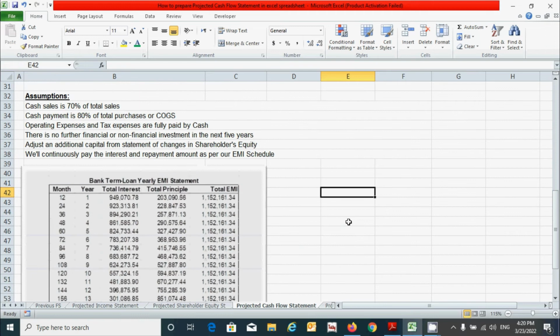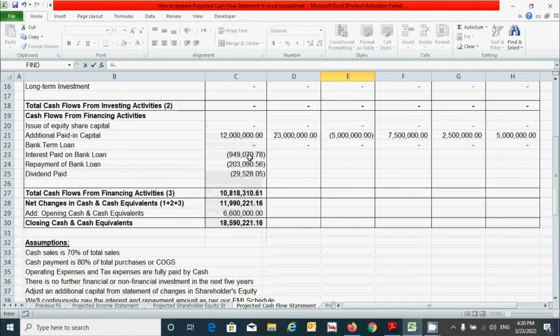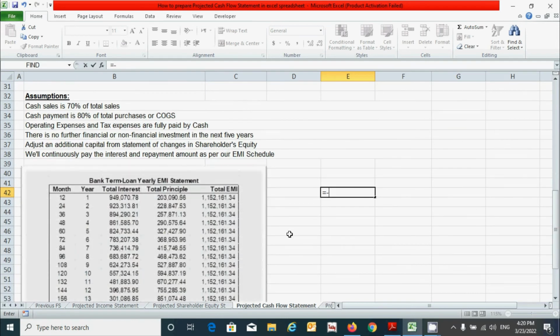Okay, so for total interest, let's press the equal to sign, and before I type the value of the total interest from this image, I have to type a negative sign here, because interest is our expense, that is an outflow of cash. So press the subtraction and type the value from the second year, that is from this one, because this value is already used here. You can see this one. All right, so the second amount is